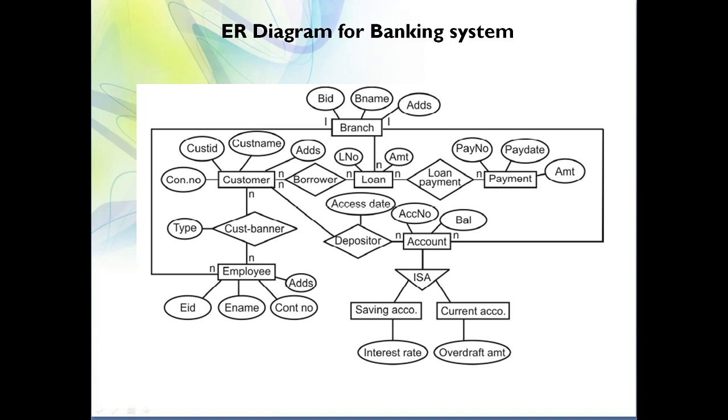Here, yes, I am definitely going to create a table customer banker. Here I will create a table borrower. Here I am going to create a table depositor. Here I am going to create a table loan payment. But whether I am going to create a table called is-a, no. So it is an object oriented thing. Though the is-a type of symbol is given in the symbols of the ER diagram, I recommend you not to use the is-a kind of relationship.